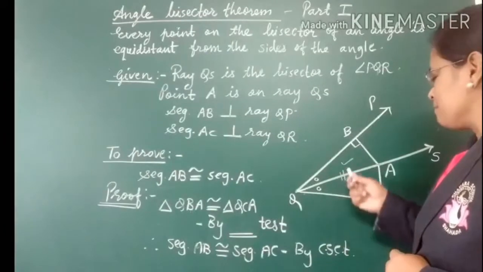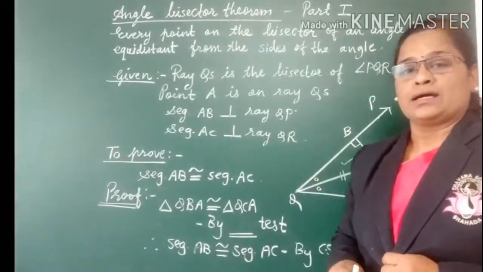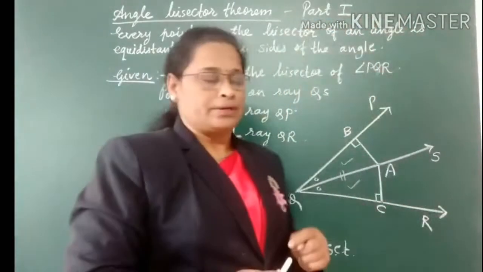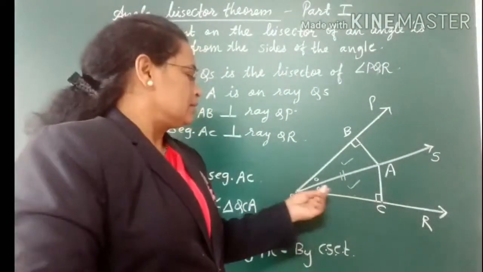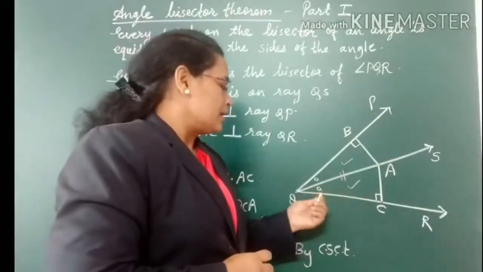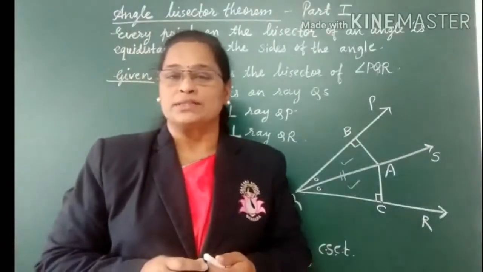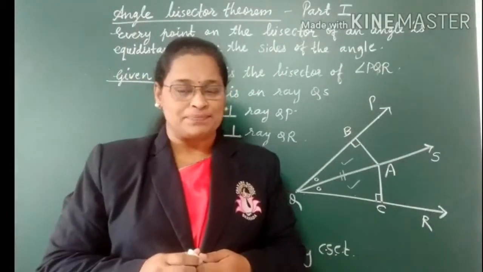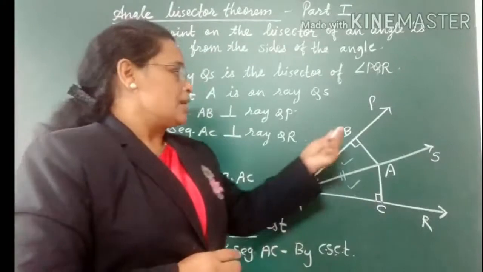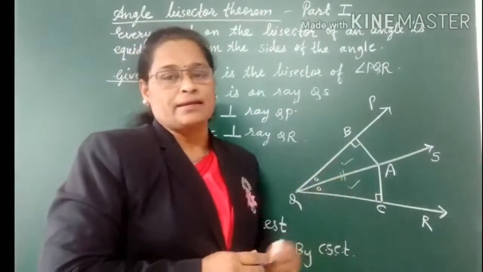So here we can see angle, angle and one side of one triangle are congruent to the corresponding angle, angle and side of the other triangle. Therefore, by which test are both of these triangles congruent? Can you guess it? Yes, that is the test angle, angle, side or side angle, angle.